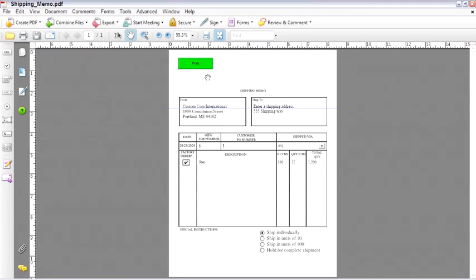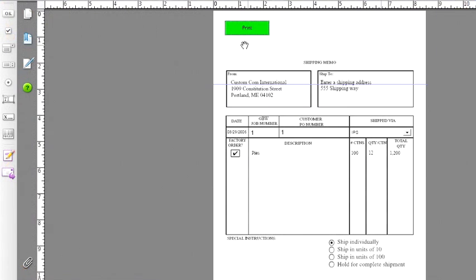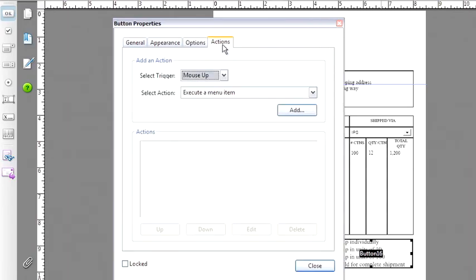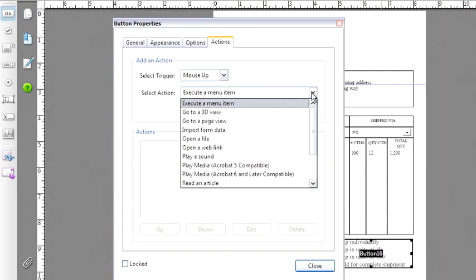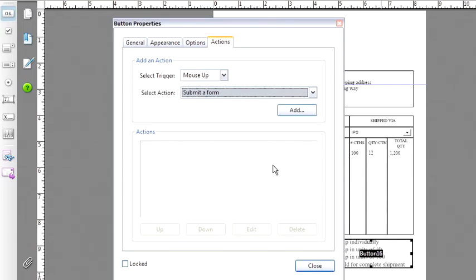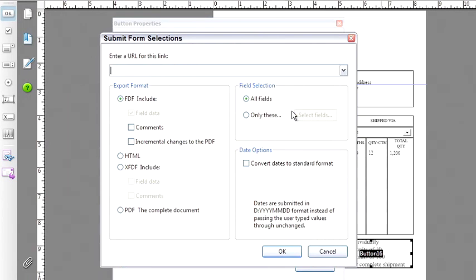The next button that I'm going to create is a Submit button, and this is the case where I want to collect the data back from the form without having to have somebody print it. So I'll create a new button, click OK, click and drag, and I'm going to set the option to give it a label, Submit. Click on Actions. The action that I want to use here is Submit a Form. I'll click Add, and Acrobat is asking me here, how do I want the information to go